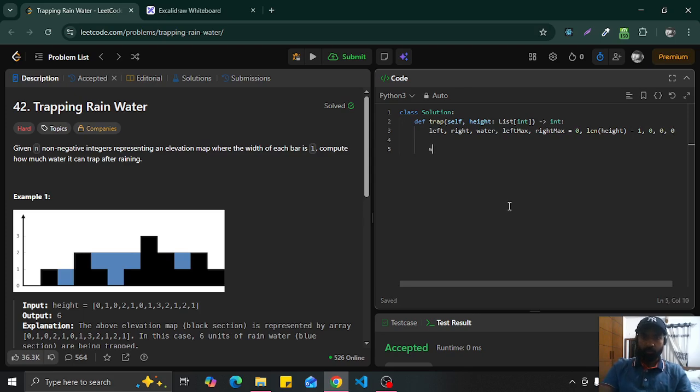So while left less than right, if height of left is less than height of right,